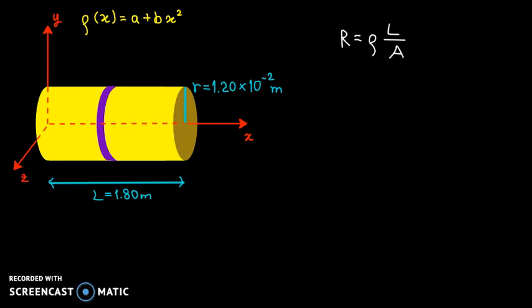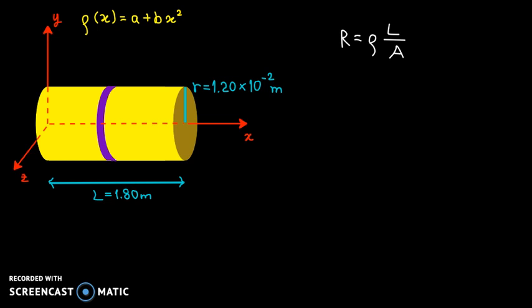If the cylinder had constant resistivity, then we could use this formula to calculate the resistance. So resistance is equal to resistivity times length L divided by the cross-sectional area A. This would be valid for a cylinder of constant resistivity. But because the cylinder has variable resistivity, we can't use it directly, we're going to use it, but we're going